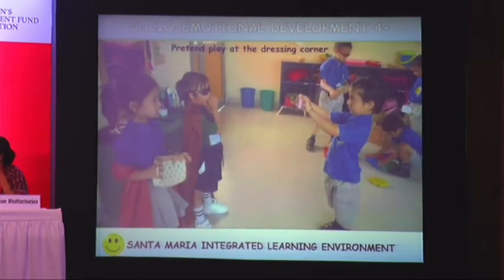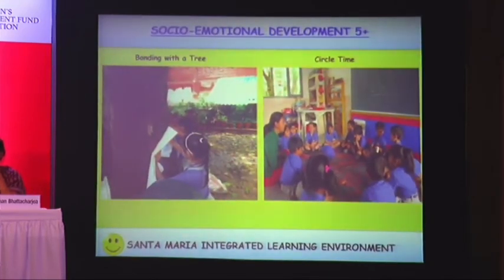Okay, so we have playstations in free play. So this is, of course, one in which they are, please see how they're pretending to play and what they do. This, of course, is common in most preschools. But I'm just bringing it up to tell you how that development takes place over the various years. Okay, so here again,